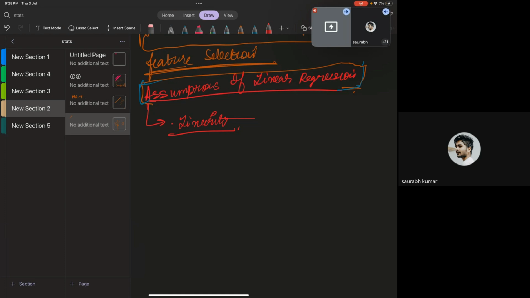What does linear regression do? It outputs a prediction for a certain dependent variable. It establishes a linear relationship between the dependent and the independent variables. And hence, the first assumption says that